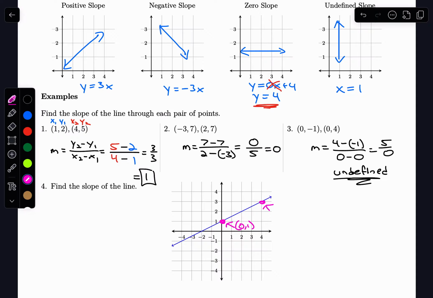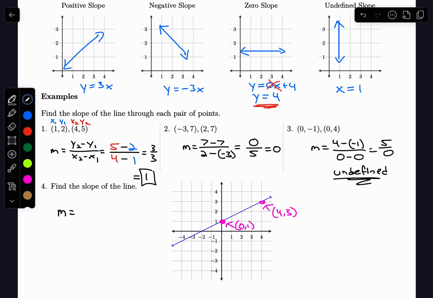point 4, comma 3. Now, I could have chosen any nice points, and by nice, I just mean they fall on a nice corner point, so you can cleanly read them. But I chose those 2 because they're nice and spread out, easy for me to see. So when I calculate the slope now, I'm going to use 0, 1 as my x1, y1, and 4, 3 as my x2,